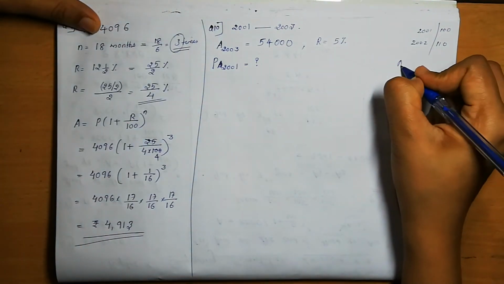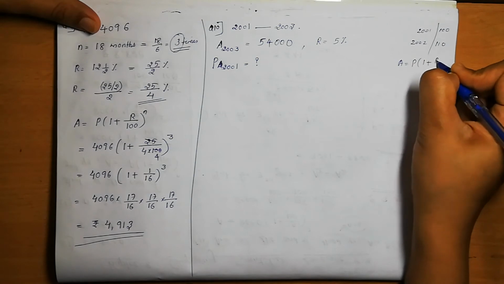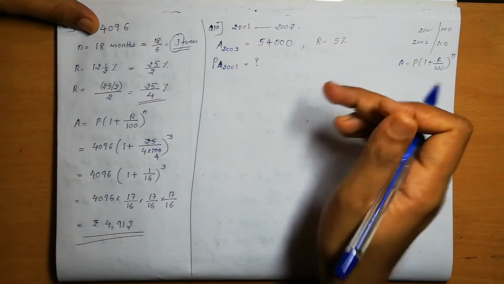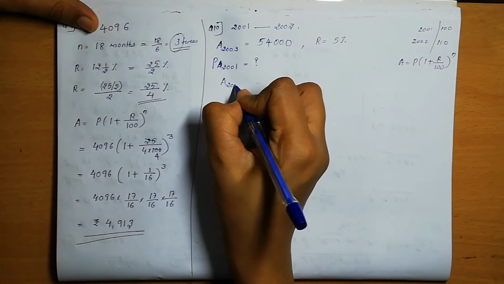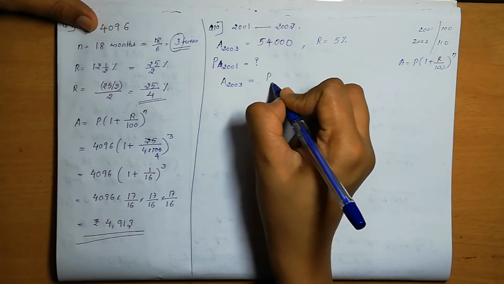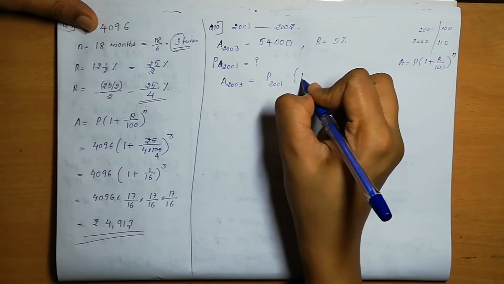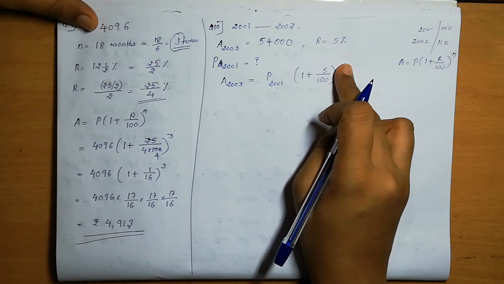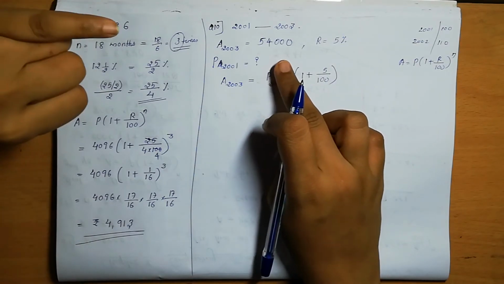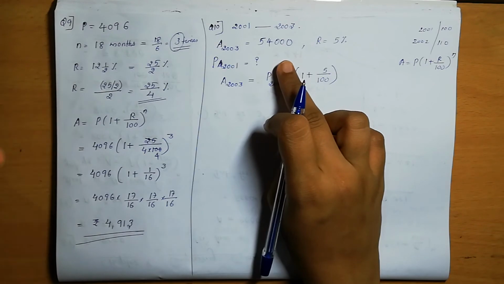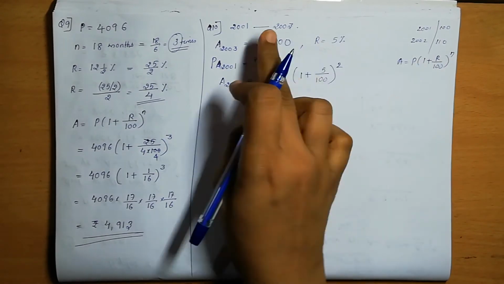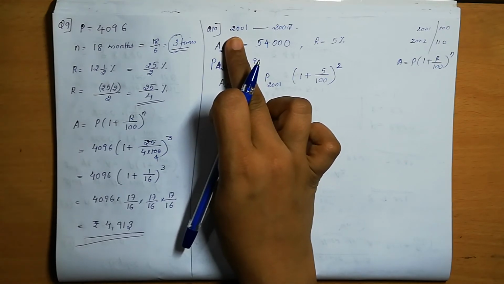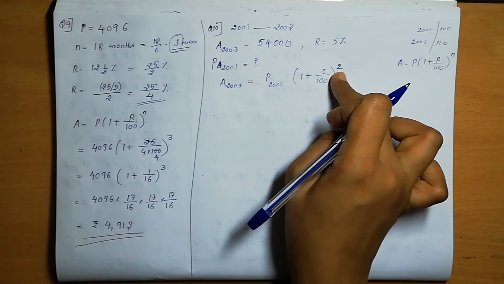So we know the equation A is equal to P into 1 plus R by 100 raised to N. The same equation we can apply here also. So instead of A, what can I write? A 2003 is equal to P 2001 into 1 plus the rate. The rate is 5 by 100. Then the N value, how can we find it? The N value is from 2001 to 2003. So how many years? 2 years are there, right? So the N value is 2. Between 2003 and 2001, how many years? 2003 minus 2001 means 2 years. So we need to take the N value as 2 years.